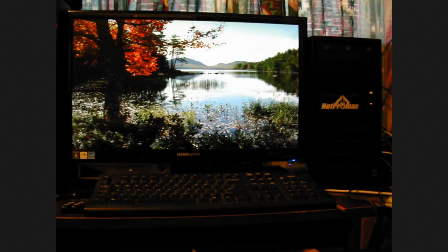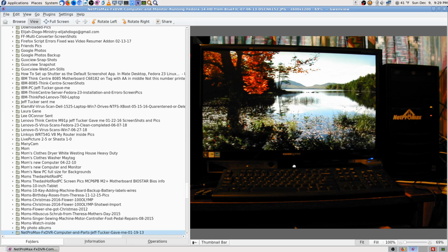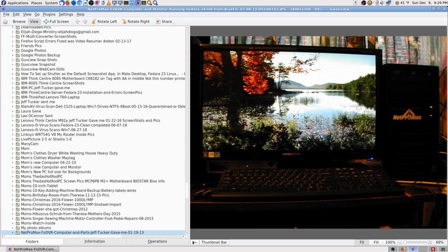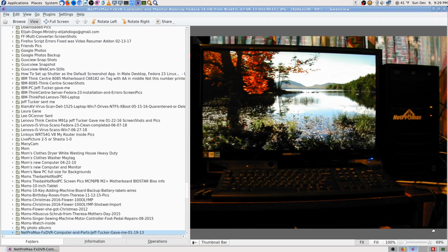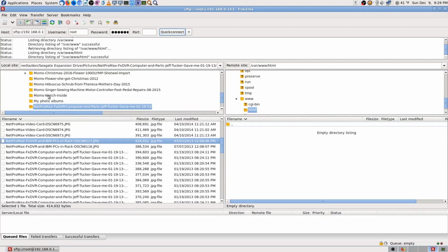But one of the first ones I saw is a good one, isn't it? That's the best one. Okay. Get out of that full screen. Now, what is the name of it and all that? Can I do something like copy to? Yeah, let's copy it to my downloads folder or something. Okay. Now, get out of this silly app. And we still need an app that we can rename a file with. I think we can do it in here. We need to go to the downloads folder anyway, so